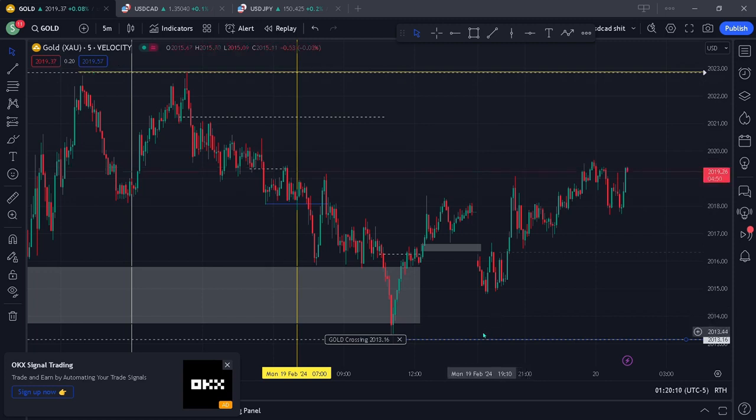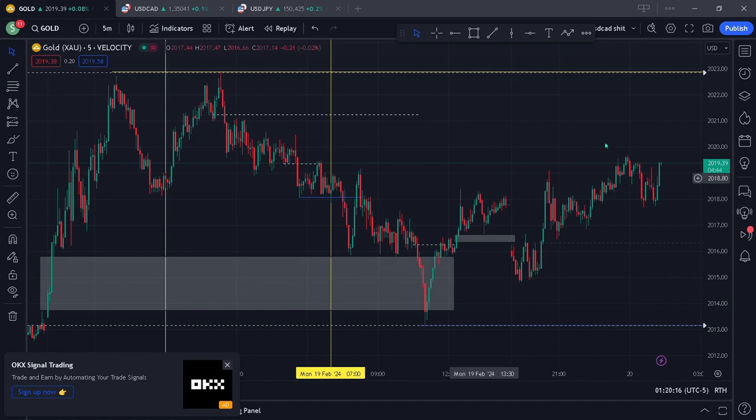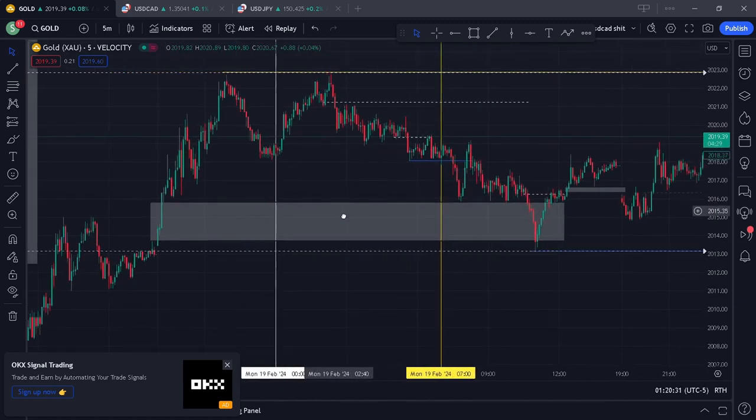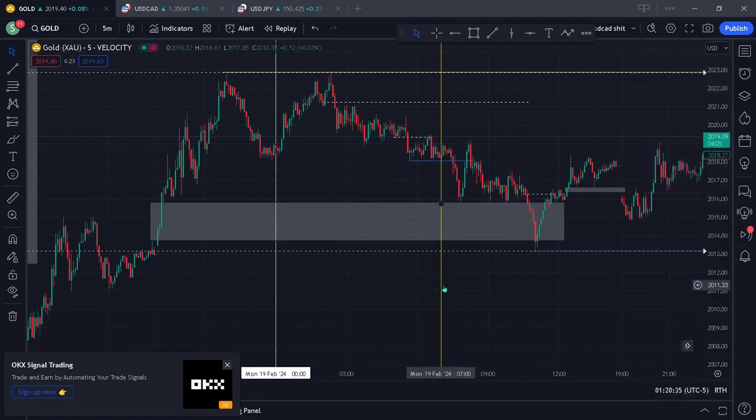Okay, fellow traders. So we're back again, another market review for Monday's trading. And obviously, first things first, always make sure your chart is set to New York. And we're going to be going through the possible opportunities that were available on gold on the 5-minute chart using the ICT breaker strategy. So once you've set your chart to New York, make sure that you have a line